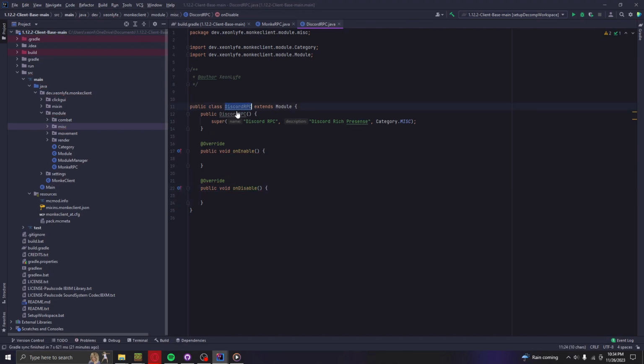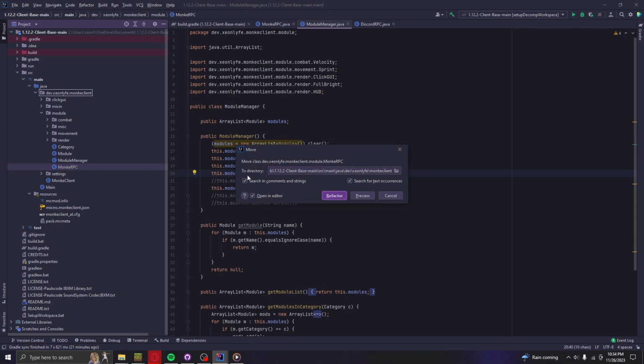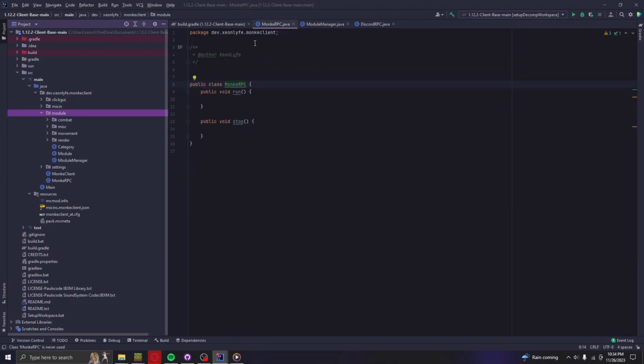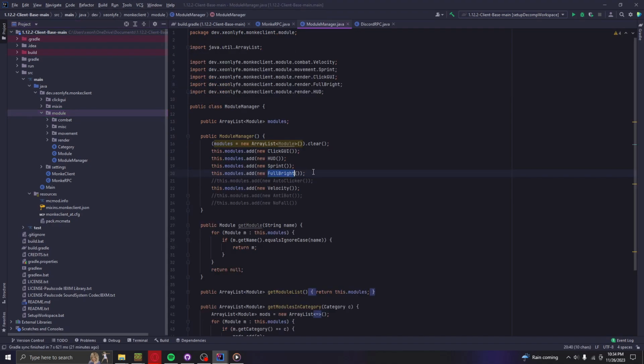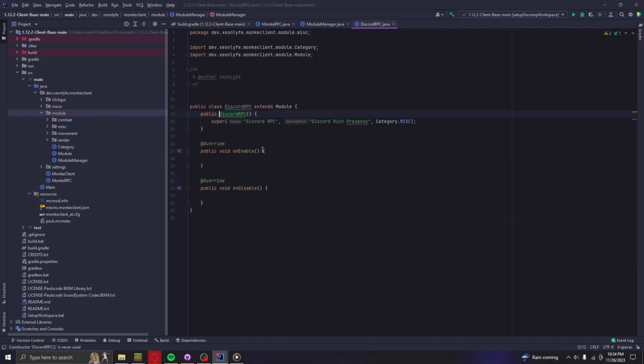So these here, and then we'll need to add this to the module manager before doing anything else. And I apologize for putting this here. This should actually be at the same place as monkey client. So find the monkey RPC, and then this dot modules dot add new Discord RPC, and then add this here. And then all we'll need to do here is add monkey RPC